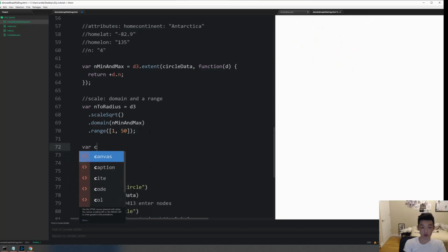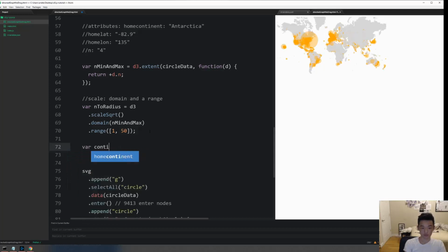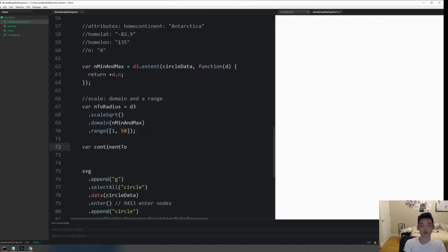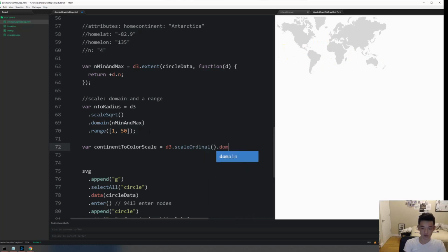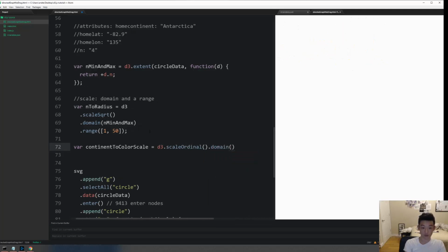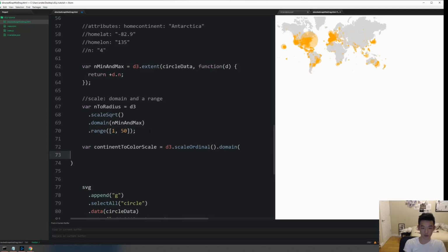So it's going to be continent to color scale equals D3.scale ordinal dot domain. The domain is going to be